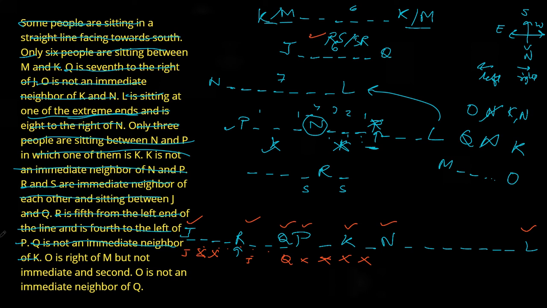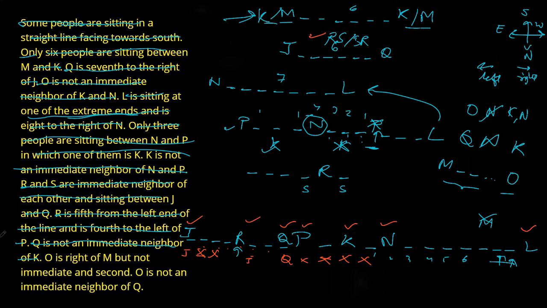Now let's see this information. K and M. There are 6 people between K and M. Using that, now let's say if M was on the right of K. So 1, 2, 3, 4, 5, 6 people and M here. Then O would not fit here since between M and O there should be at least 2 people. We would fill these 2 places. Then we would be left with no places to fill with O. So M cannot be here.